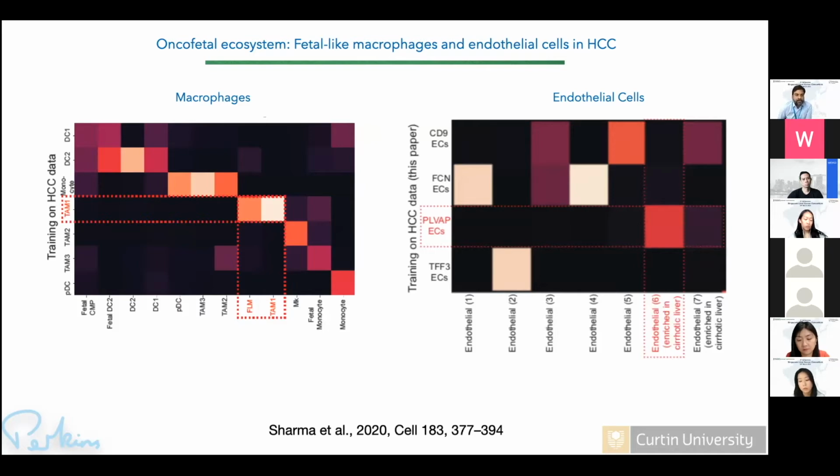And in the original study, we identified 2 major cell types which were shared between fetal tissue and tumor, and these were macrophages. There were 3 different macrophage populations, and we found one of the macrophage populations, which we call TAM1, was more fetal-like. And among 5 different endothelial populations, we found an endothelial population of PLVAP, which is more Onco-Fetal. Since this study was published almost 1.5 years ago, I'm not going into detail of this